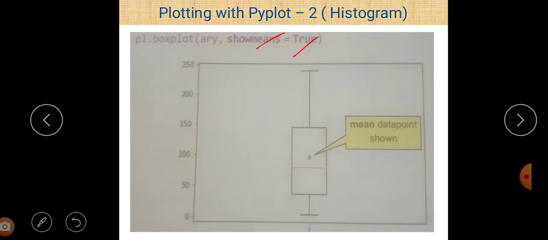By default it is false. So there is a representation of the mean within the box plot. You can easily see here, and this is why, because we just use show mean is equal to true, and by default show mean is equal to false. Always remember that.